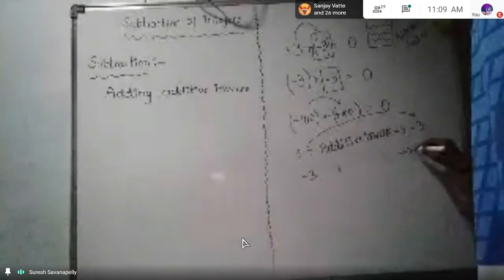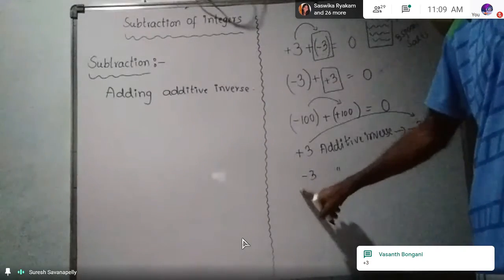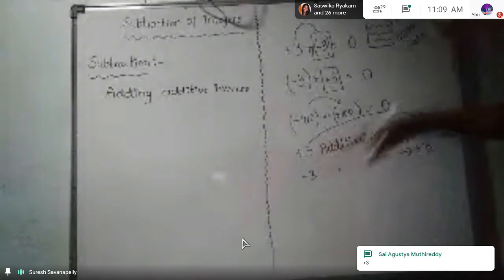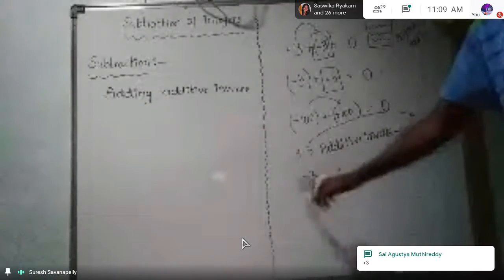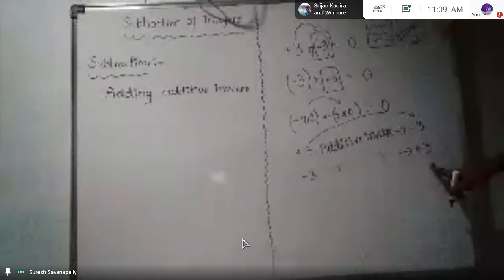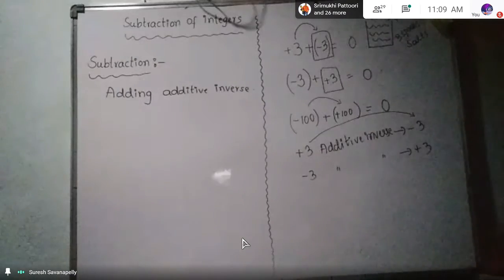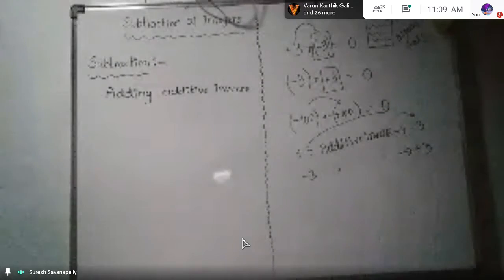Obviously plus 3. That means for 3 spoons of salt, what is the opposite? I mean, how will it become a neutral solution? It will become neutral when you add plus 3, that means 3 spoons of sugar. Okay, so now I hope you understood what we mean by this.